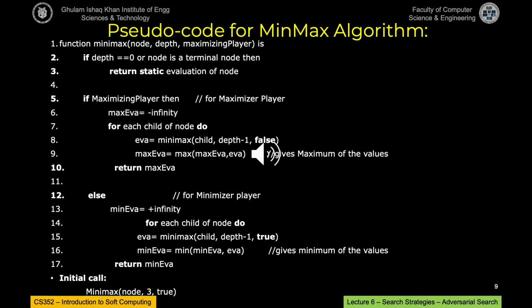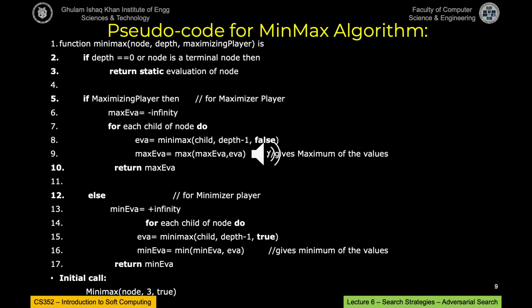इवैल्यूएशन को -∞ से स्टार्ट करना है, और उसके हर चाइल्ड के लिए आपने क्या करना है कि आपने मिनी मैक्स को एक डेप्थ कम करके और दूसरे प्लेयर के साथ, यानी ये क्योंकि मैक्सिमाइजिंग प्लेयर के साथ था, मैक्सिमाइजिंग प्लेयर वाज बेसिकली द मैक्स, इसका मतलब है कि दोबारा आपने एक डेप्थ कम करनी है और ये आपने मिन से पूछना है कि वो अपने रिजल्ट्स दे हर चाइल्ड के लिए, जो रिज़ल्ट आएगा हर चाइल्ड के लिए उसमें से आपने मैक्सिमम को सिलेक्ट करना है, ठीक है, और मैक्सिमम को सिलेक्ट कर बेसिकली आपने वो वैल्यू रिटर्न कर